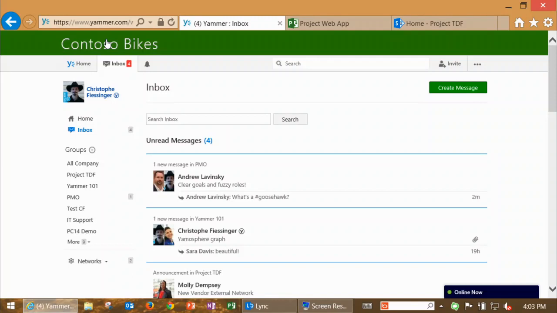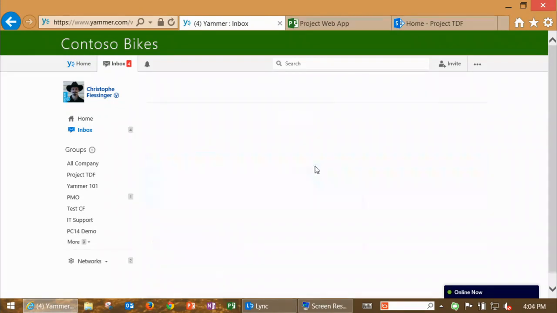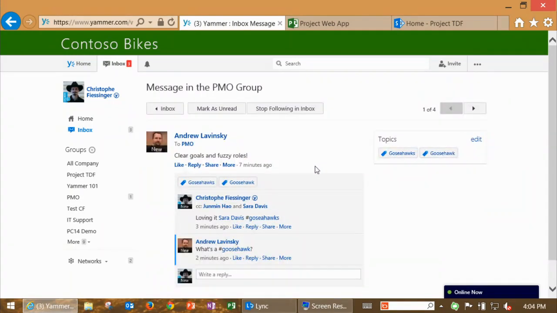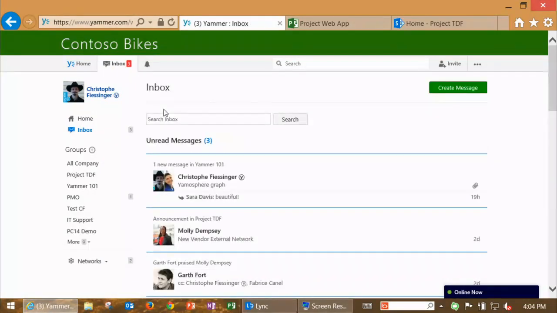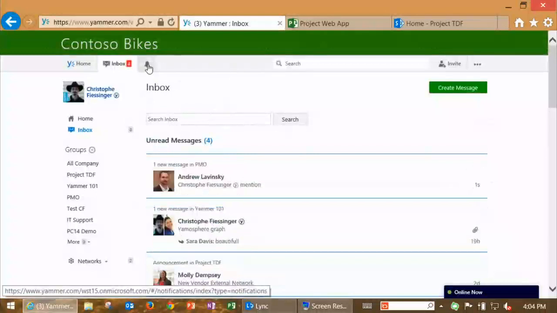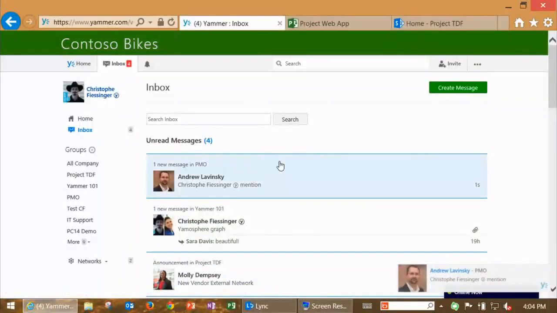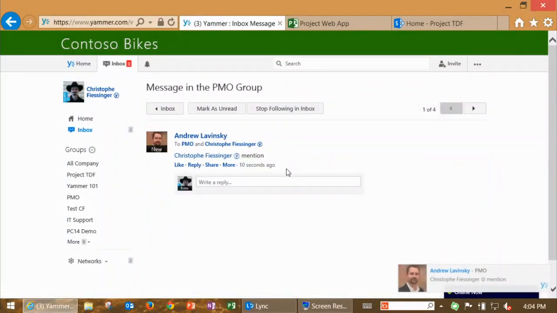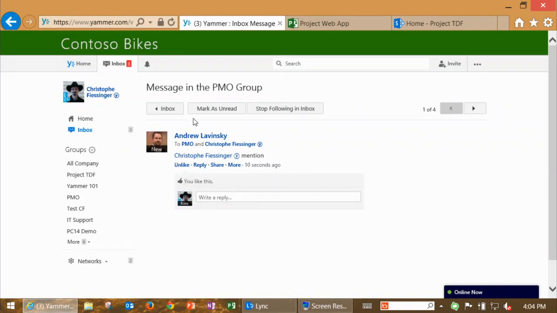The way this works is any conversation that I'm following proactively, like a topic, or any conversation where I've been copied or @mentioned will appear in this list. Here, Andrew clearly @mentioned Christoph, or he replied to one of my topics, so that's why it appears in my inbox. I can read it or mark it unread, and I go back there, and suddenly my inbox is decremented, and it looks like Andrew is really going at it. So you see another message appear here, and I can like this message, and voila.